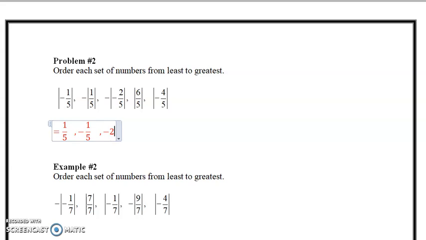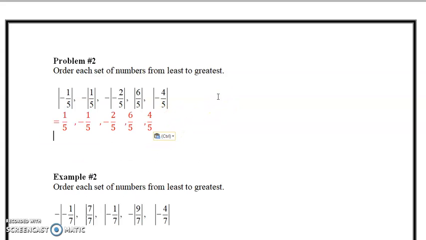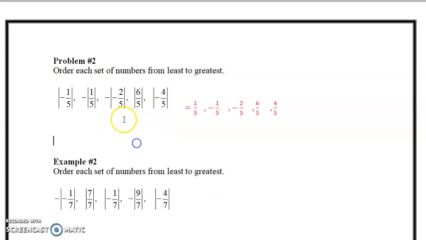Next one would be negative 2/5. Next one would be 6/5. And the last one would be 4/5. Okay? So when we order these numbers from least to greatest, that's what it looks like. That's what the absolute values of those numbers are, so we have to order these from least to greatest, but you put the original back when you're ordering. Okay? So that's going to be equal to